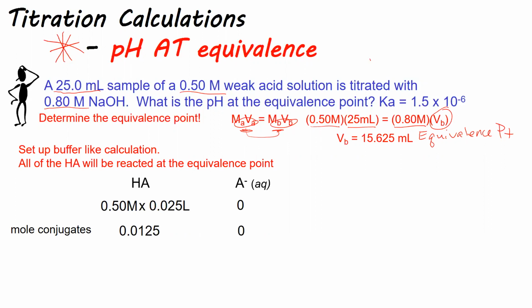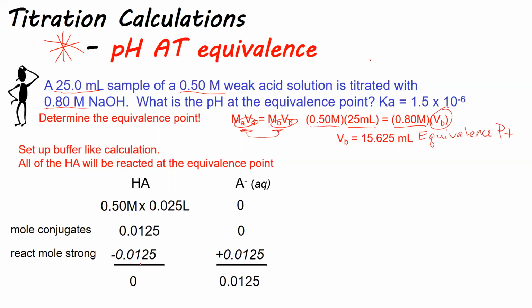And I have 0 moles of the conjugate. And I'm going to react the moles of strong base. So when I've added the strong base, it's going to be the exact same amount at the equivalence point. So I react all 0.0125 moles of the weak acid, and I make that same amount of conjugate base. So now at the equivalence point, I have 0 of the acid left, and I have 0.0125 of the conjugate